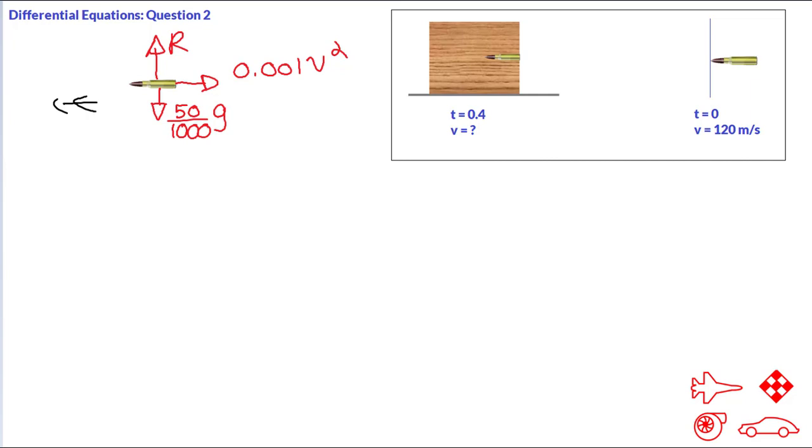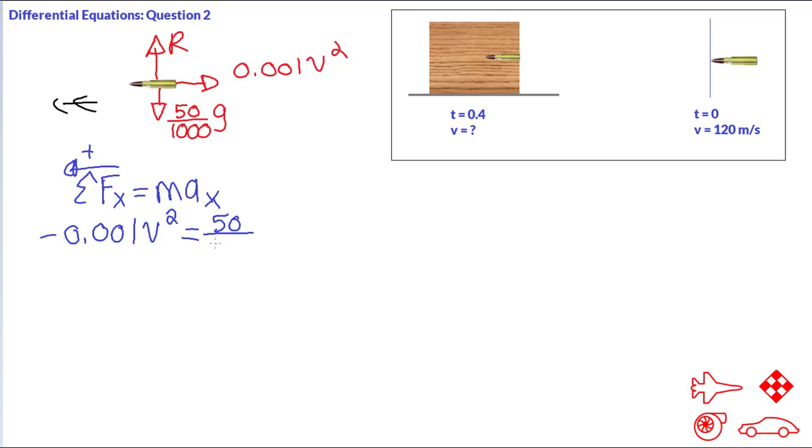Now let's develop a mathematical model of the system. To do that, we're going to use Newton's law as usual, which states that the sum of all the forces in the x direction is equal to mass times acceleration, also in the x direction. Now we pick left as positive because it's moving to the left. That means the net force will be minus 0.001 v squared is equal to the mass, which is 50 over 1000,